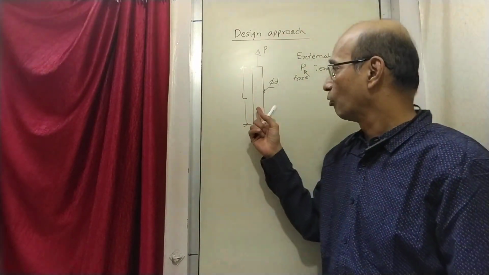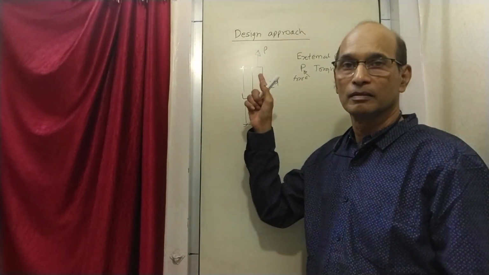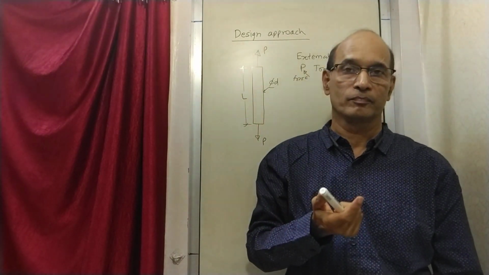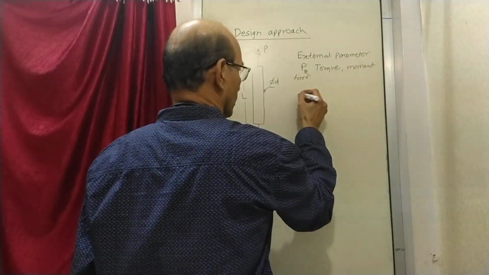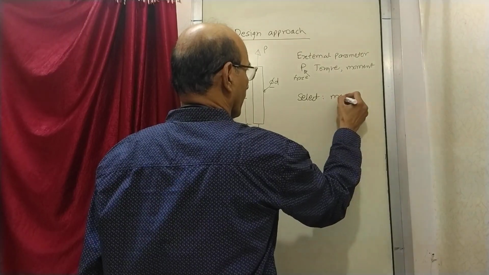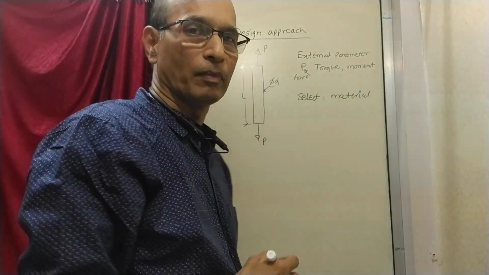First thing is, what will be the material? Because you can make some part, but when you make some part, it is of what material? So you need to know the material. So you have to find or decide or select a material. Once you select a material, what happens?